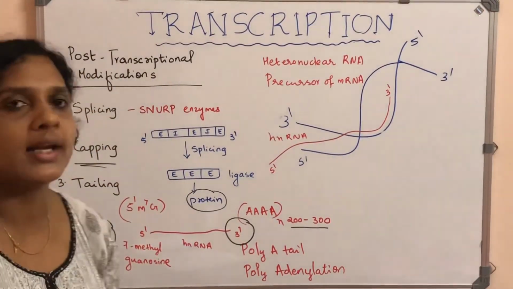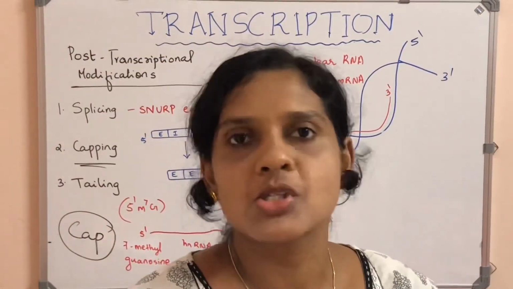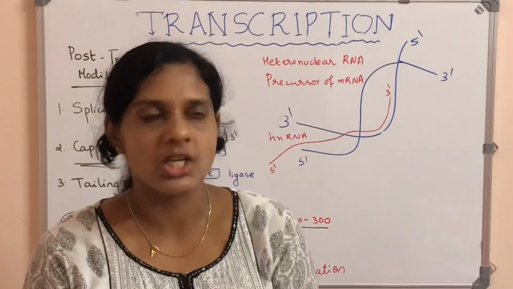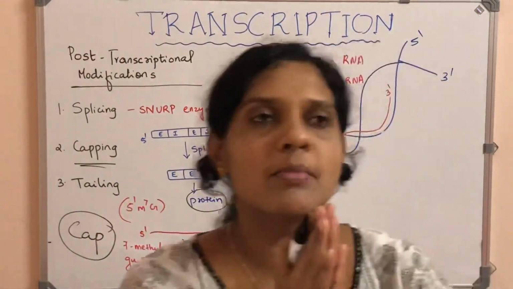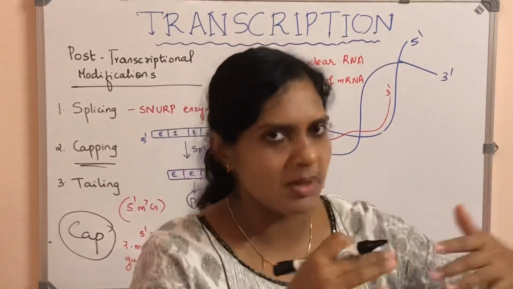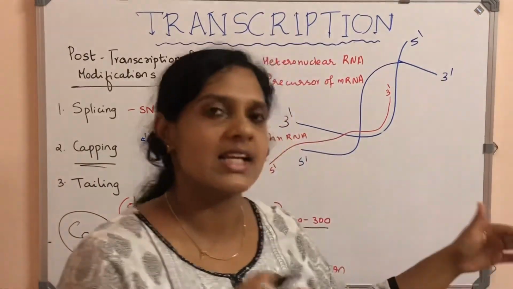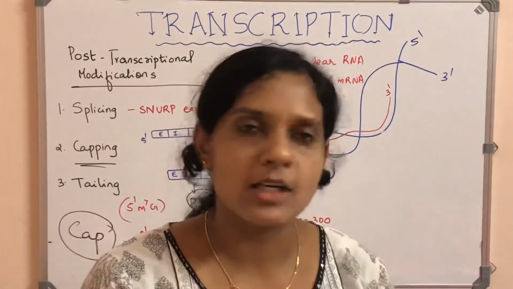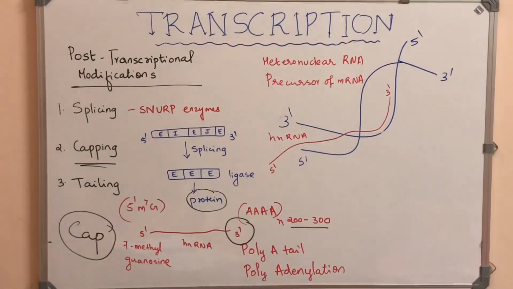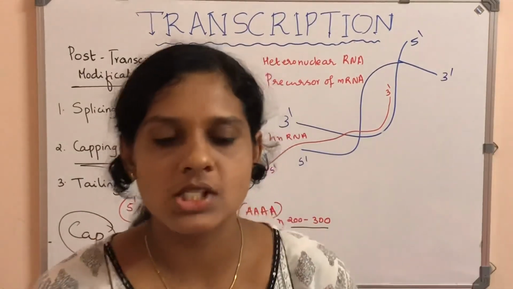So this is what happens in the transcription process. It has 3 steps: initiation, elongation and termination. Initiation is aided by the sigma factor attached to the RNA polymerase enzyme. Elongation means the addition of polynucleotides along the structural gene to make the mRNA, and finally termination takes place. Then the post-transcriptional modification happens. I hope you have understood the process of transcription.